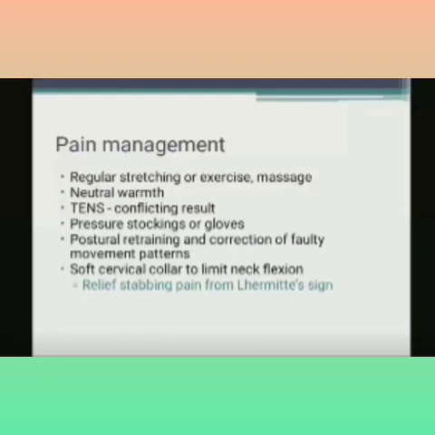Basically, that is causing the stretch in the meninges and all those things by flexing the neck. So that causes a severe shock-like pain in the whole body, basically in the limbs and lower limbs. That's why they will prescribe the soft collar so that it doesn't cause any sudden flexion of the neck and maintains a proper posture.